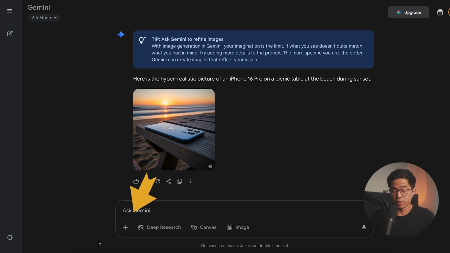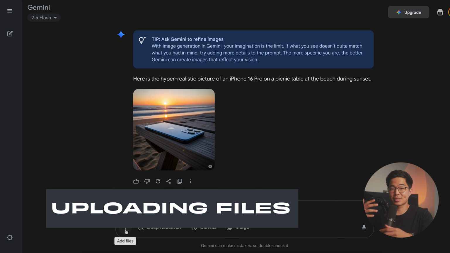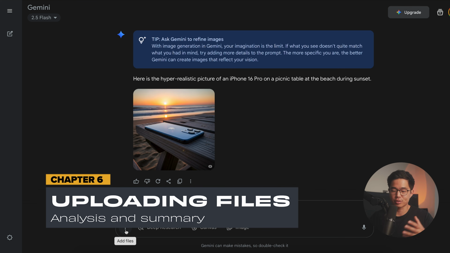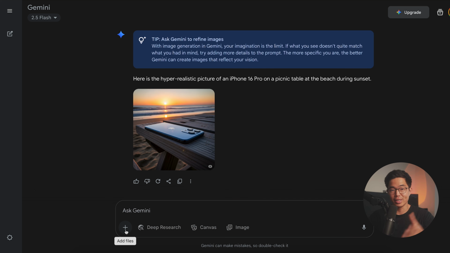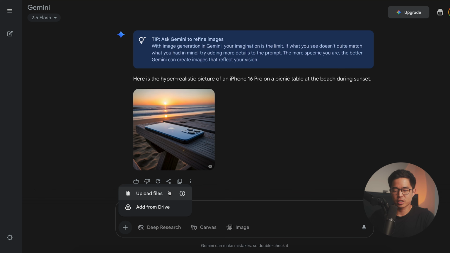Now, if you've noticed this plus button right here, we can use this button to add files. Gemini can actually see different images and videos, so that's really cool. And we can upload images and have it interpret what is in that image. So if I click on this button, I can upload files directly from my computer, or I can add